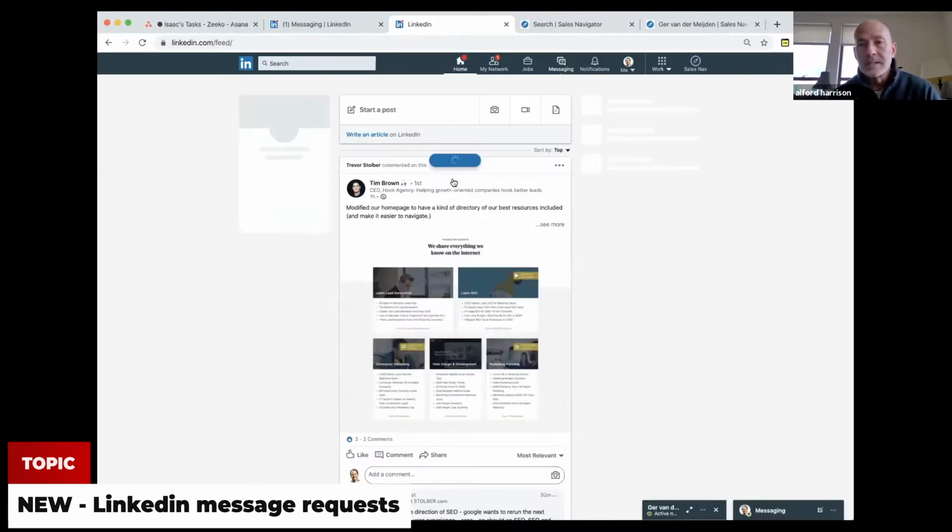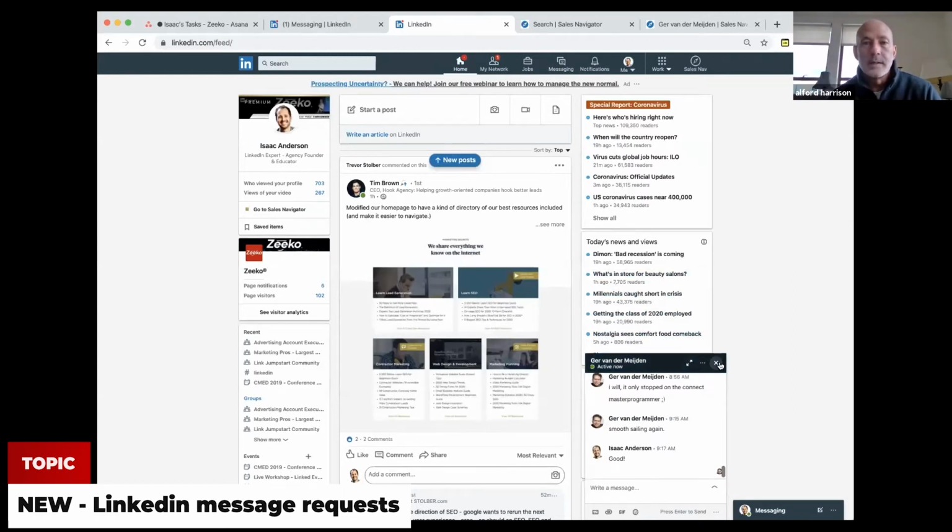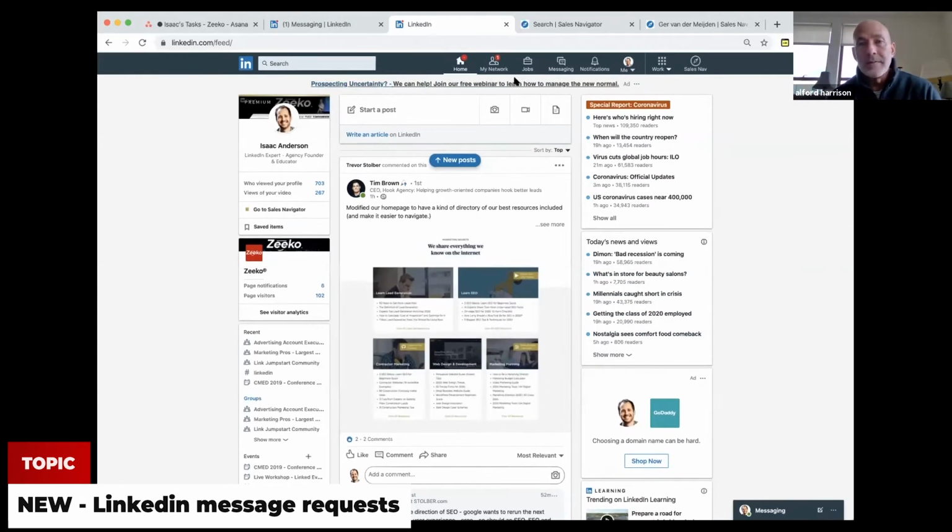It just says message or ... and you can send them a connection request, or you can send them a message. So if you are not connected with them and you are able to send them a message, it is technically an InMail because you're not connected. And the reason you can send that free InMail message is because they have open profile enabled.